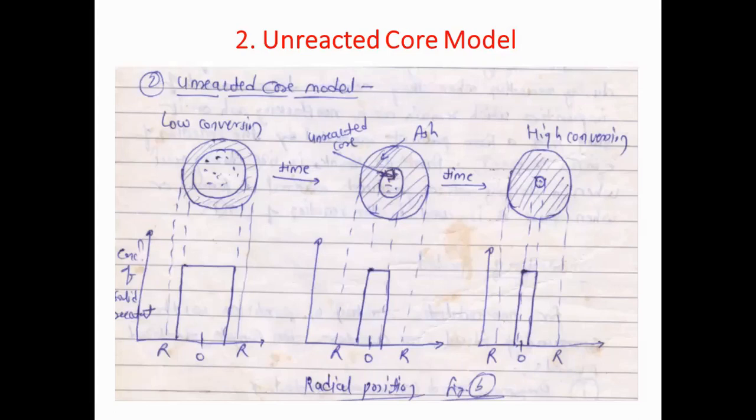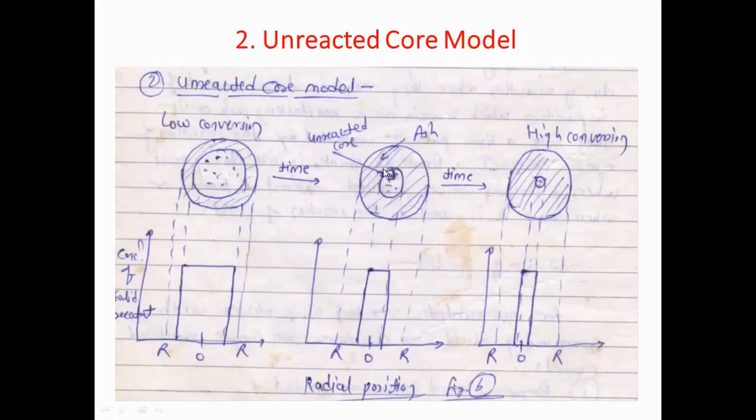Okay, then solid is converted progressively to the product. But here, fluid reacts on the surface of the solid, and then the solid surface starts to convert to the product. When time passes, see this internal circle is there. Okay, this solid goes on decreasing, and after some time this internal circle will disappear.